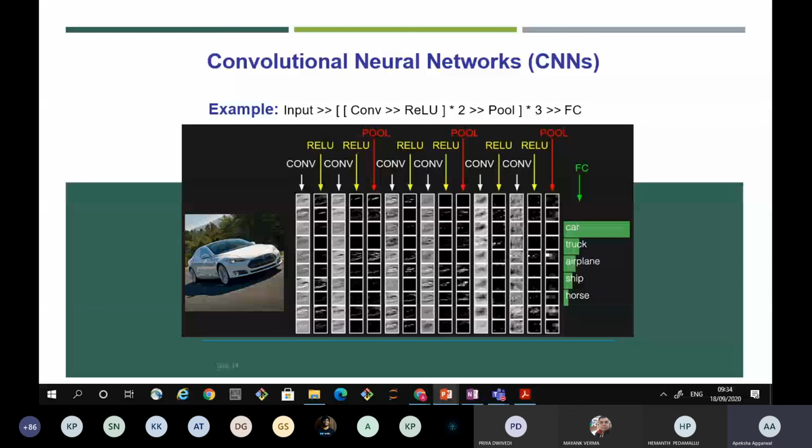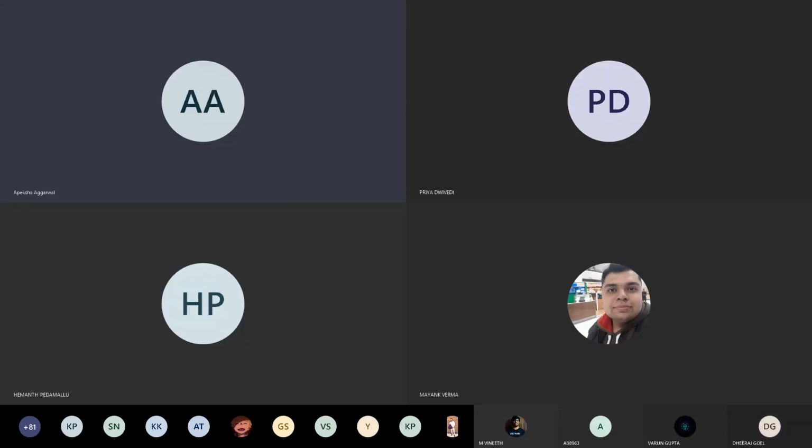You can do it multiple times, and you can play with the model. After that, there is a fully connected network. So I'll discuss this part in the next class because time's up already. So in the next lab, we are going to work with the convolutional neural network. That is why I have explained this today.